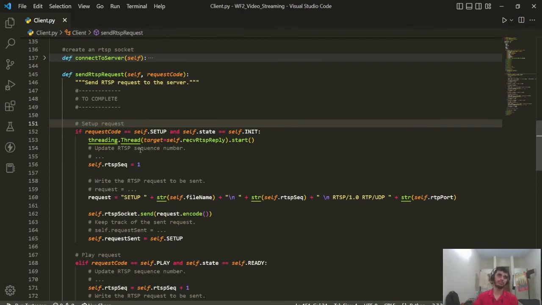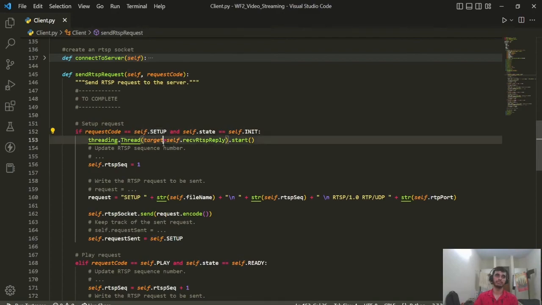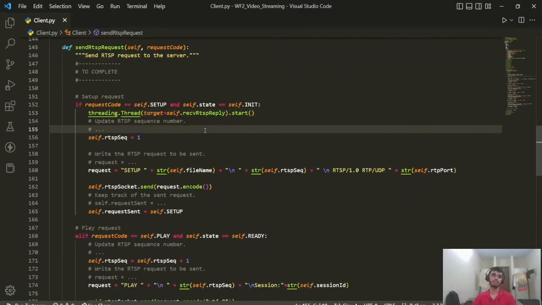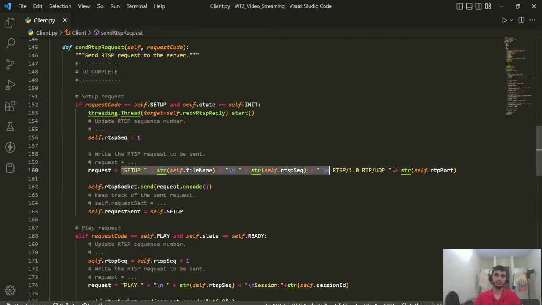So when the request code is setup and the client is in the init state, a new thread will be created, which is used to listen for the RTSP reply. After sending the RTSP request, it will receive the RTSP reply. So it will create a new thread and start listening for the RTSP reply from the server, and it will create a string in this format: setup plus file name, and in the second line it passes the sequence number, and in the third line it passes the RTSP version and the type of protocol it is using